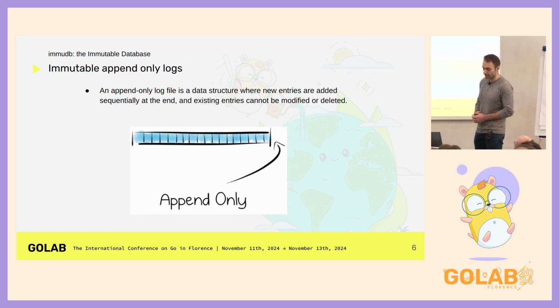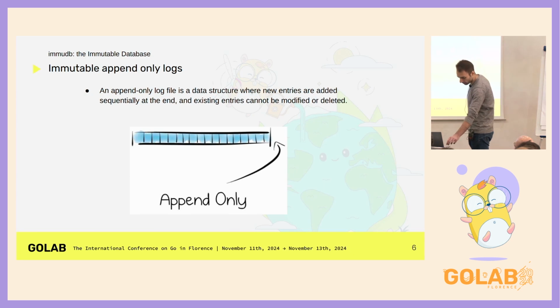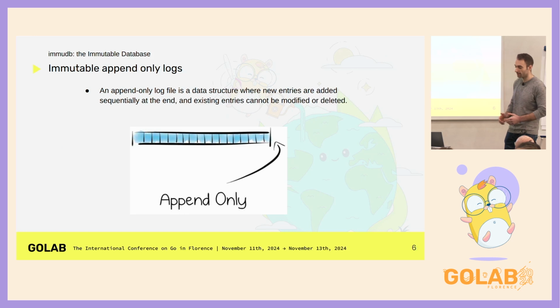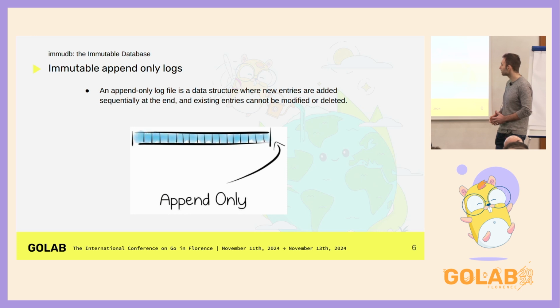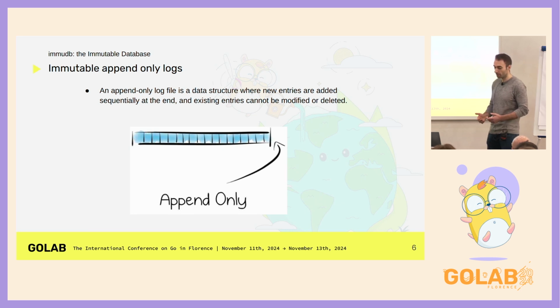How is immutability achieved at the core? By leveraging two kinds of core data structure, with the first one being the immutable append-only log, that is to say, quite a simple data structure. It's just a file which is managed in an append-only fashion. That is to say, random writes never happen, and entities are never modified in place,